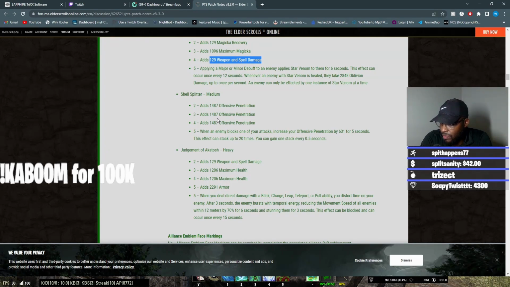This effect can be blocked, and it can only occur once every 15 seconds. I can see this being double barred with Rush of Agony, and Rush of Agony only, because if you're using Streak, you're already putting that stun on everybody. I think Rush of Agony